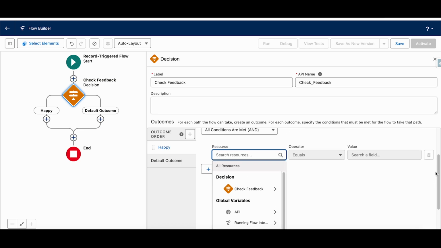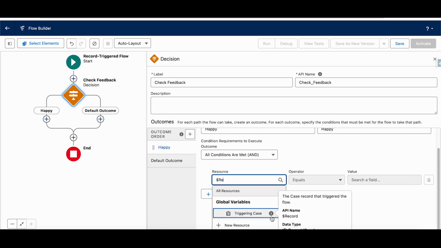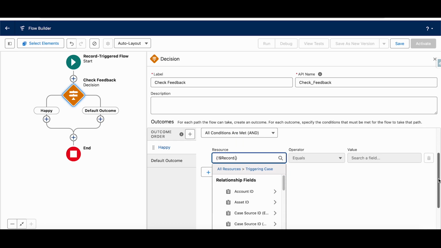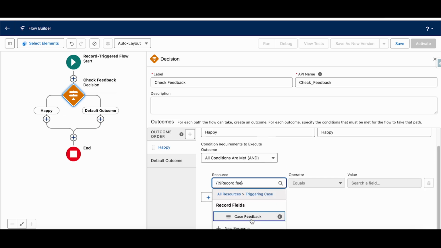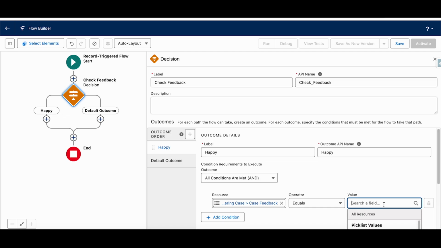I just want to use the existing record, and for that we'll be using dollar record. That is the triggering case. When you type dollar and R, automatically you see something called dollar record, and this stores all the fields and their data. Now I just want to check the feedback field. For your information, I've just created two fields: one called feedback, which is a pick list, and one more called rating, which is a number field. So if feedback equals happy,